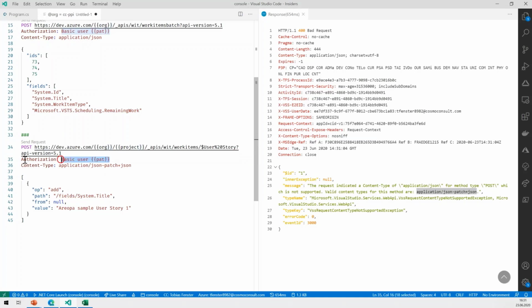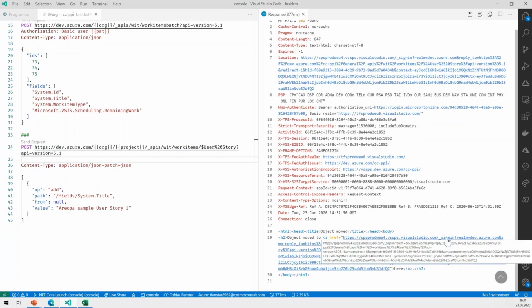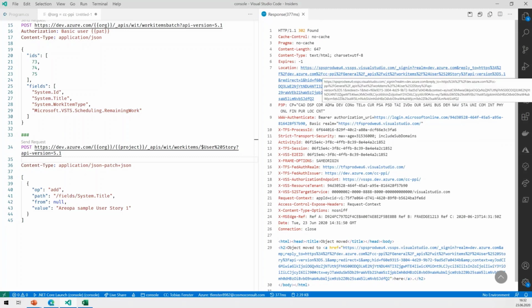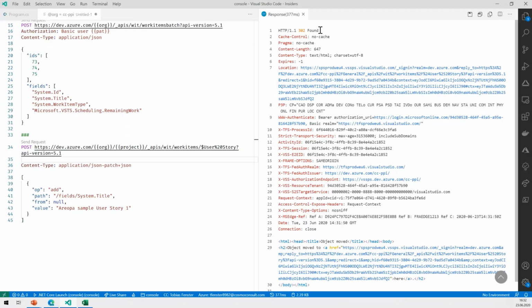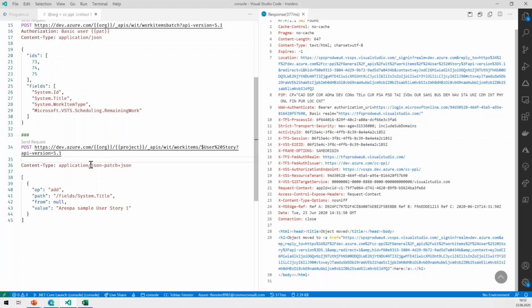What can also happen if I remove the authorization header just for a second and send that request, then you will see either a not found. And if you look at the object moved to, you can see something like sign in down here. So basically that means that you're unauthorized. That should be a, let me think, 401 or 403 actually. So sometimes you see not authorized right in the top, and sometimes you get a 302 that tries to redirect you to the sign-in page. And then you know that you need to add your authorization information.